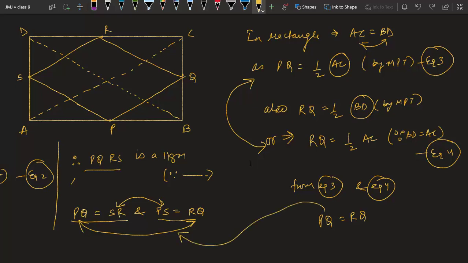link. If you see, we already had two opposite sides equal and we have got the connecting link, therefore all sides are equal, and hence PQRS is happily rhombus. It was very easy if you are able to understand the properties, how to use it, how to utilize it. That's it. Next question.